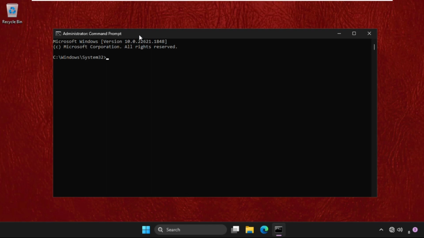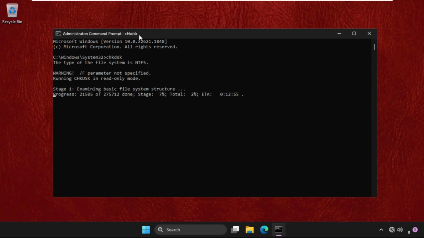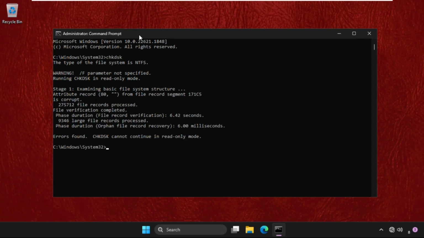So firstly type here chkdsk and hit enter. This command will take a quick 4 to 5 seconds to complete the process, and we need to wait for it. Once done, we will move to the next command, that will be sfc space slash